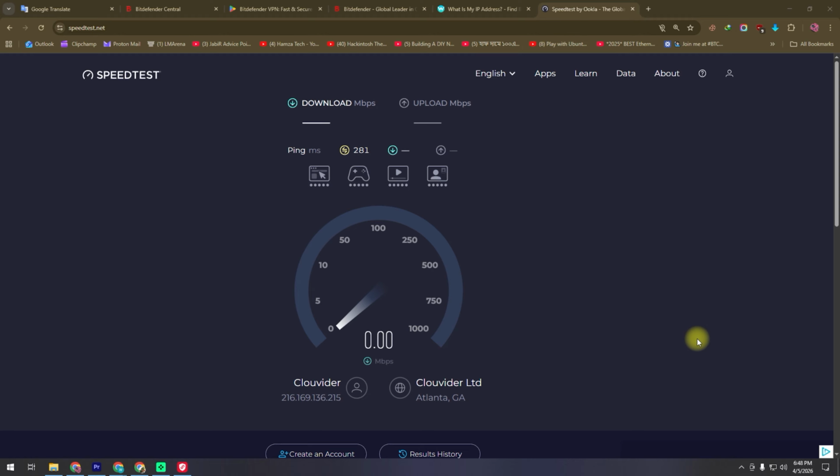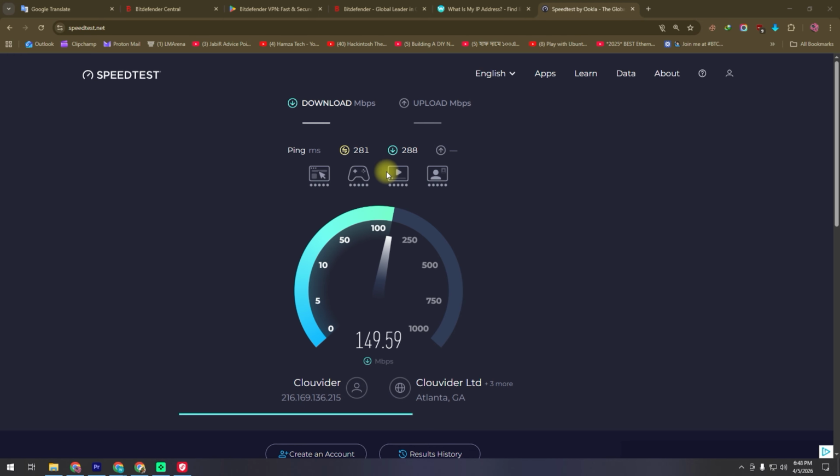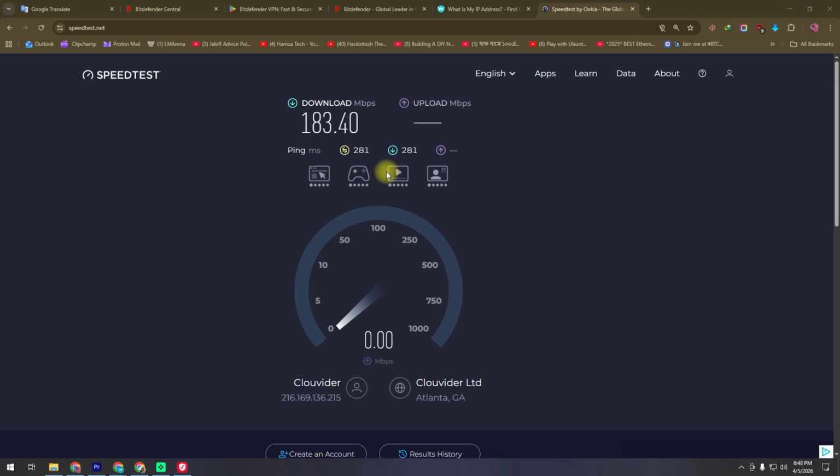Alright, let's run a speed test on this connection to see what kind of results we get. I'll click Go and wait a moment for it to connect. Viewers, you can see here that the connection is established. The ping is relatively high at 281 milliseconds. However, despite the high ping, we are still getting quite a decent speed. It's a good sign that the speed remains strong even with a higher ping, though a lower ping would definitely